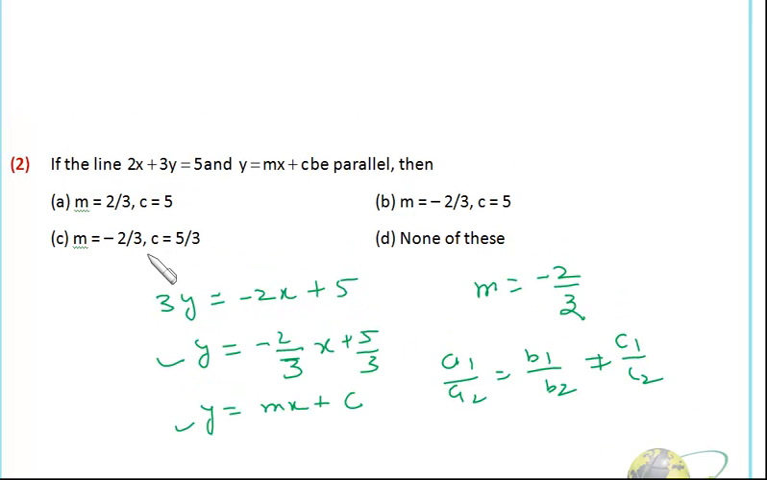but since there is no option left over here, m is equal to minus 2 by 3, then c should be 5 by 3. Okay, because we don't have any other option. Generally it doesn't happen, so you need to consider this as the correct one. In this case the lines will not only be parallel but they will be coinciding. Okay, one line will lie on the other. Okay,